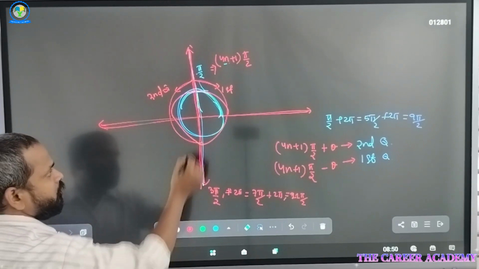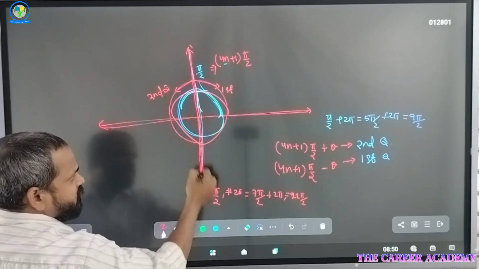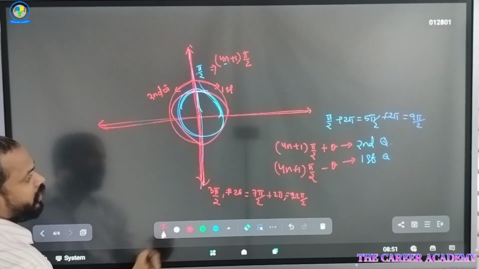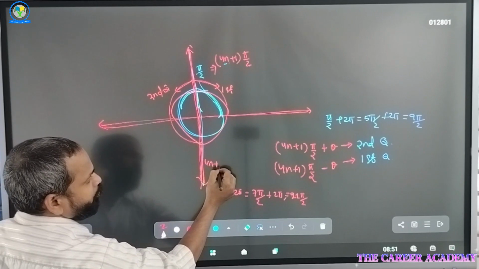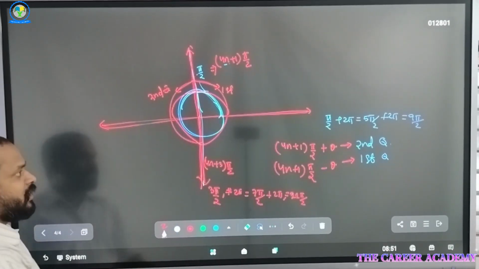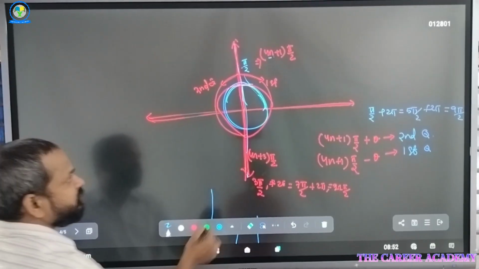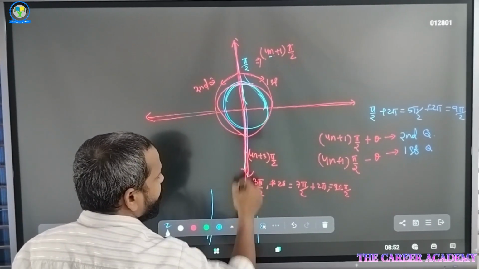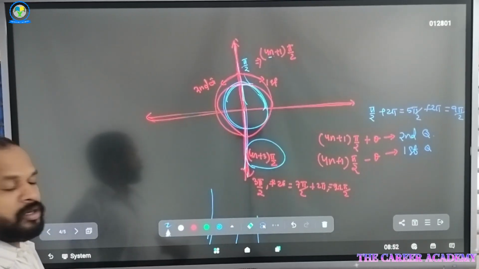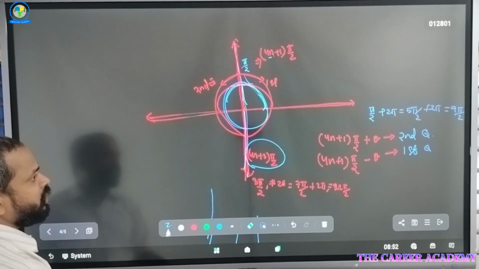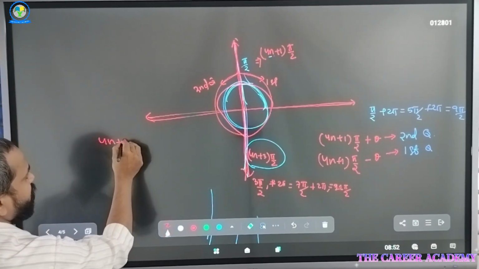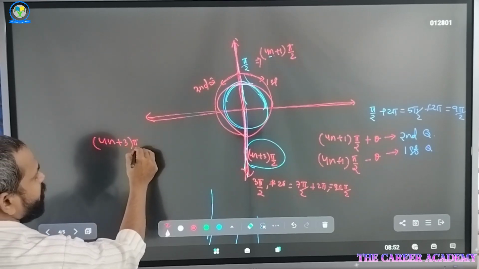That means the negative y-axis behaves as what angle? It is 4n plus 3 pi by 2 form. That is when you are here. See students, the negative y-axis behaves as angle 4n plus 3 pi by 2 form. Clear? That means when we have 4n plus 3 pi by 2,